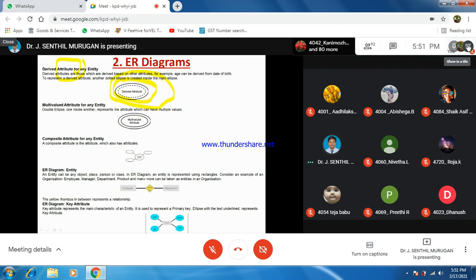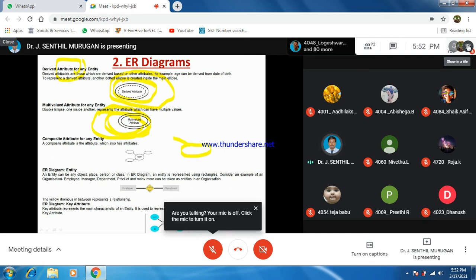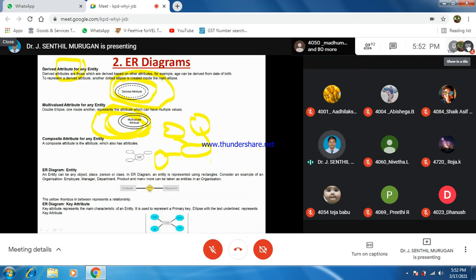Multivalued means two circles. If it is composite, there is a circle connected to further circles, which have different attributes; that is called composite.